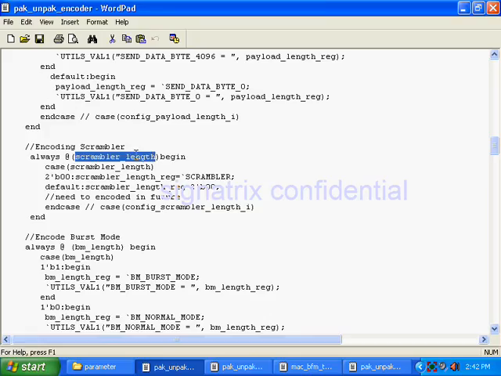Scrambler is a feature that is available in the PHY. I don't know much about what scrambler will do. Scrambling, you know? Suppose one regular structure is there, you scramble it, distort it and send. That is scrambling. Actually, scrambler is a module that is available in the PHY, in real wireless PHY.